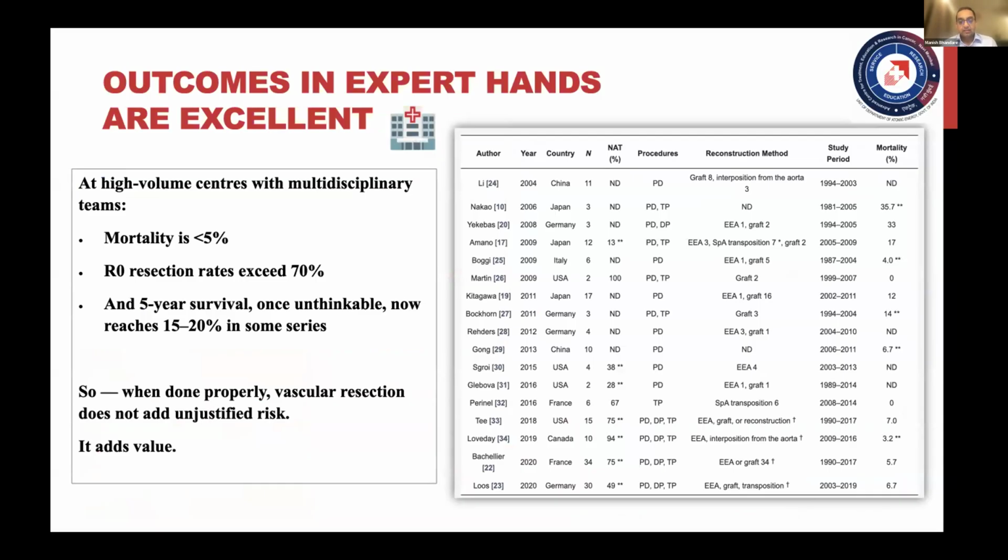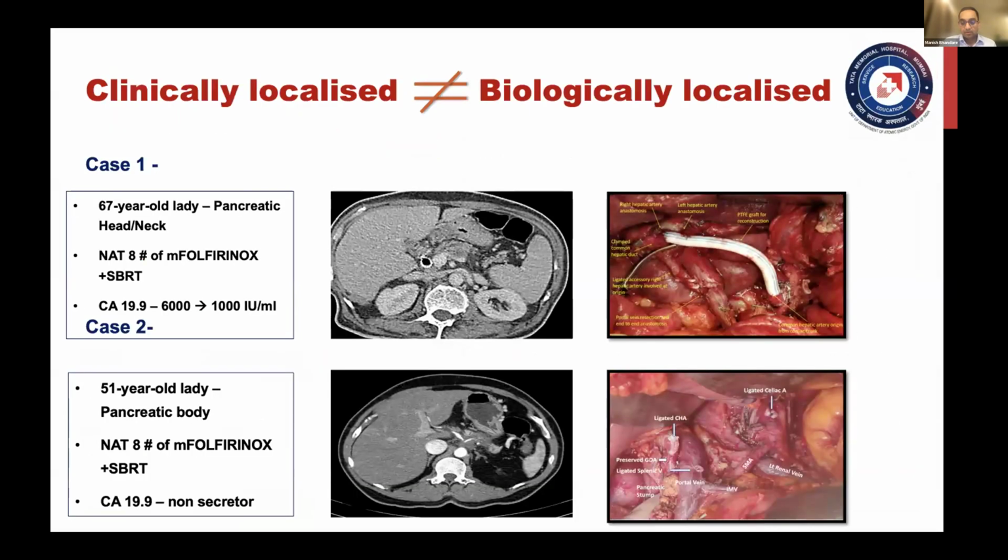Now, if we combine all the data for resections of borderline disease and locally advanced disease, what we see globally is that the mortality has reduced significantly. The R0 resection rate has improved, which is more than 70% now. And the 5-year survival, which was not existent before, is now in the range of 15 to 20%, which itself, I would say, is an achievement. So the indications have to be proper, and we should understand that what is locally advanced is not necessarily a very advanced stage, but we should also understand that clinically localized disease is again not exactly equal to a